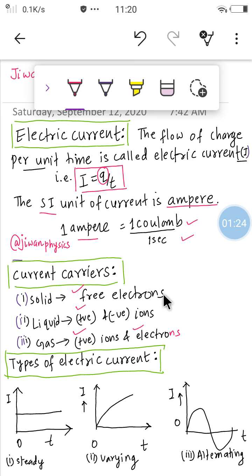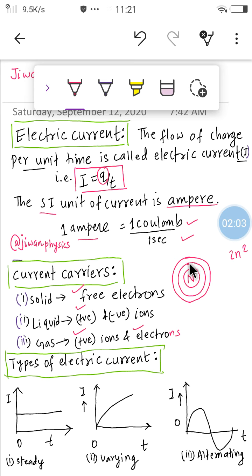Now solids have definite shape and size, and atoms and molecules in case of solid are arranged in definite or regular fashion. So let us consider an atom of a solid. Now this is a nucleus. We know nucleus is composed of neutron and proton, and this is an innermost orbit. Now let me draw an outermost orbit. So let us consider a simple atom. So we have two orbits and electrons are filled according to the 2n square rule.